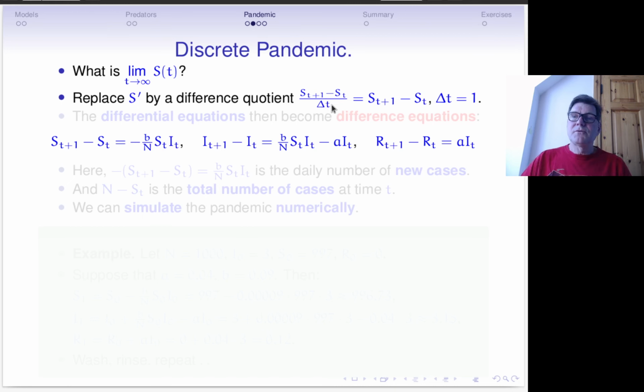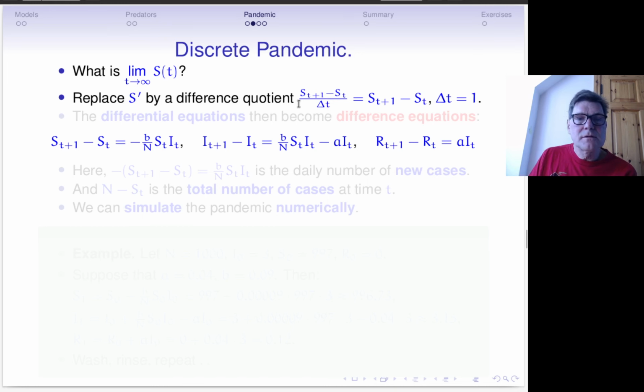Here, towards a numerical solution of the differential equation, we reverse this step in a sense, and we go back from the limit, which is the derivative, to the difference quotient,